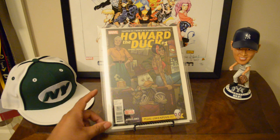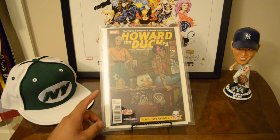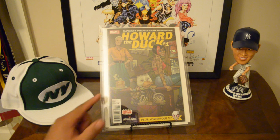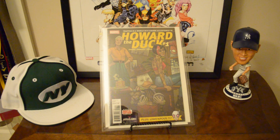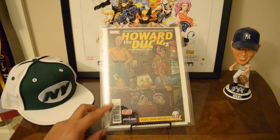Quick alibi. This was from maybe a couple videos back, this particular Howard the Duck #1, and I got this from Second and Charles, the one that's 5 minutes from my house. I said this was the first appearance of Gwenpool, so I think I read in a blog or looked online. It looks like Deadpool's Secret Wars #2 was the first appearance of Gwenpool. It predates this comic by 4 months, so